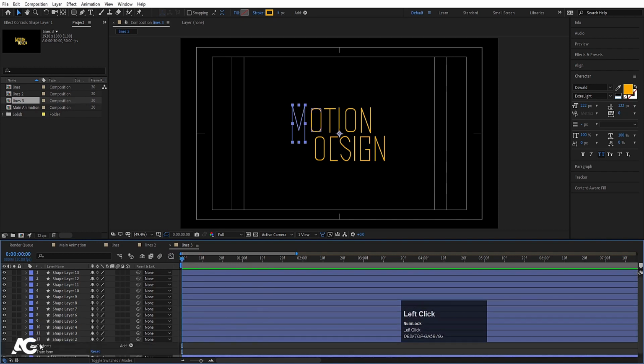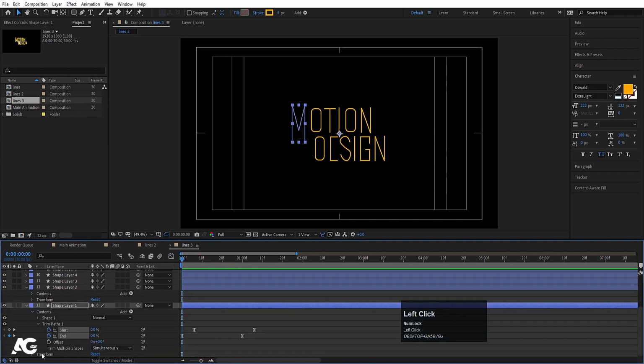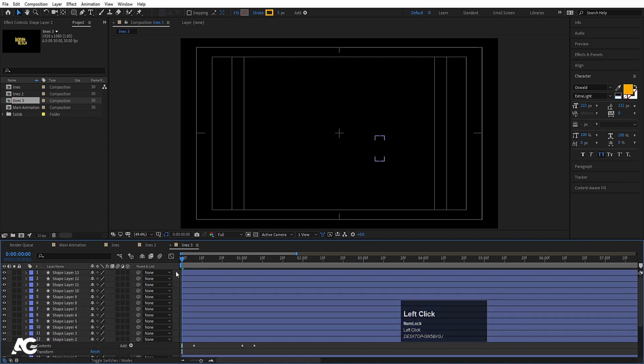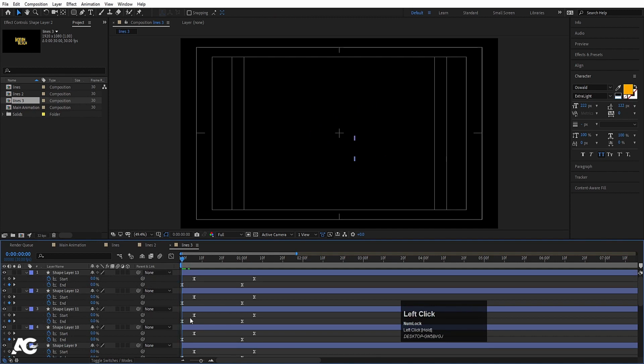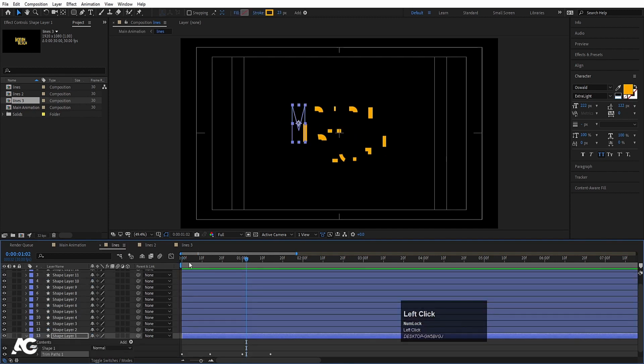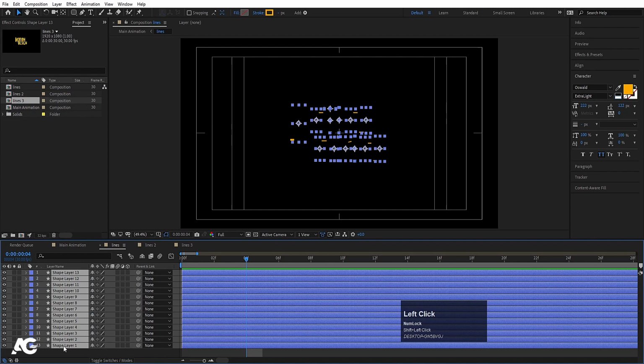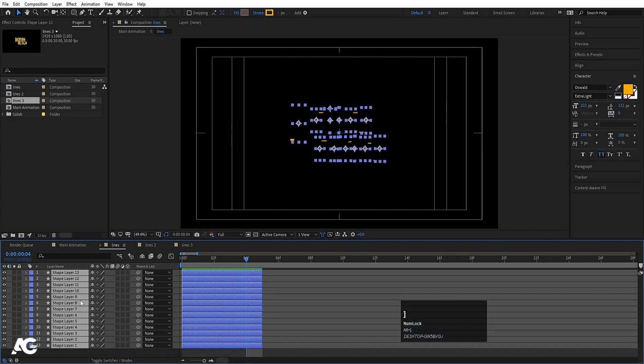Now we will select this, what we call trim path, hit Ctrl C, select all of the layers and hit Ctrl V to paste it. So we'll get this kind of stuff. Now go to the first lines and let's go to around 4 seconds. Hit U, select this and hold Shift and then this, Alt, close bracket,